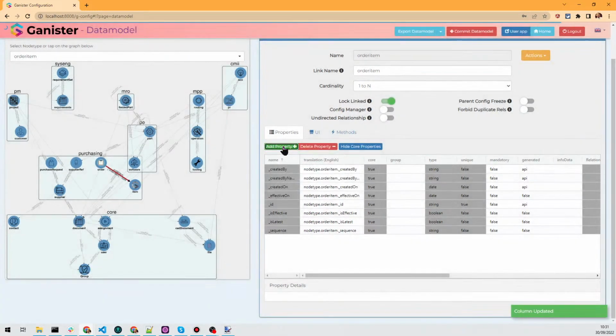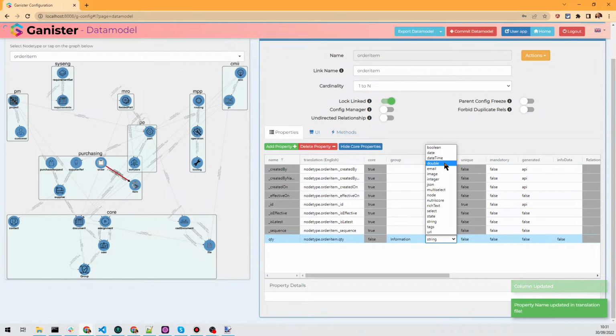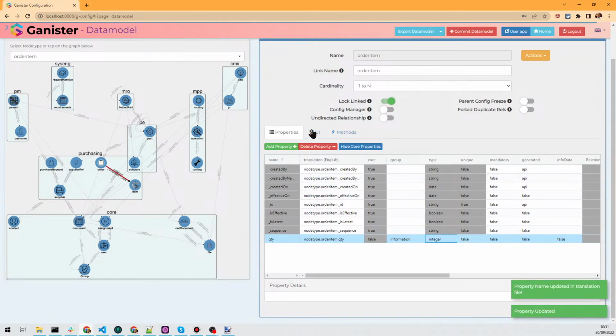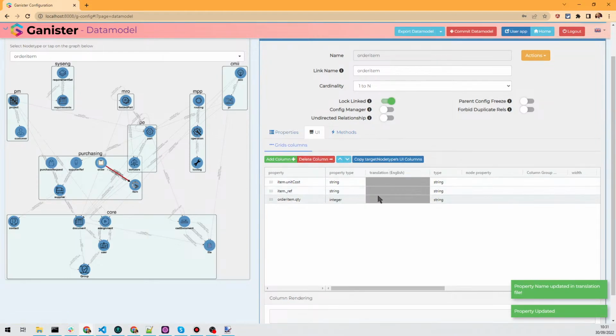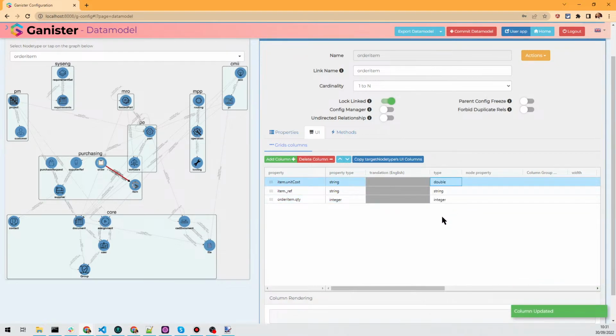so QTY, quantity is integer, double, let's put integer for now. UI integer here, unit cost should be double,